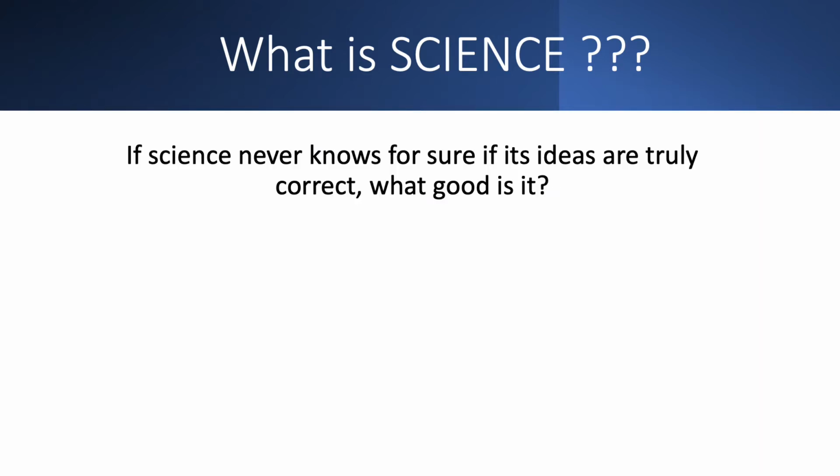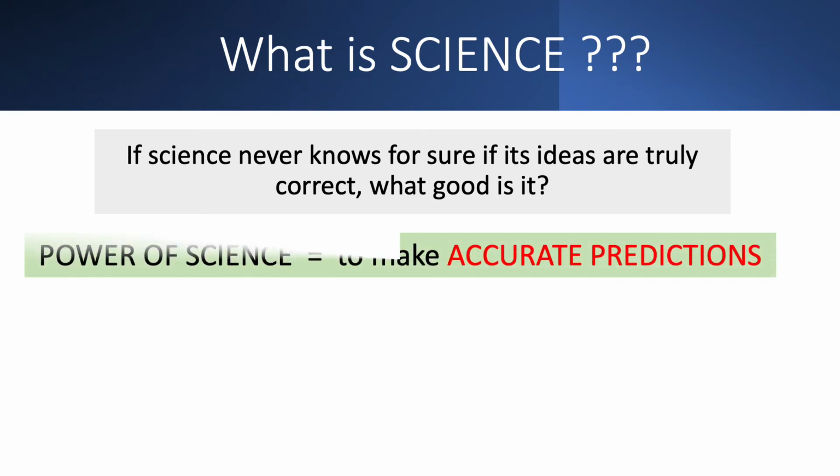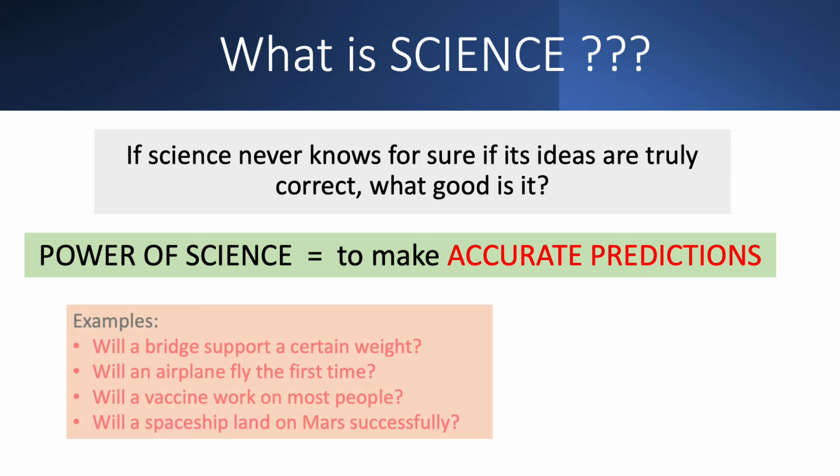So here's a good question. Science never really knows. There's no answer key. Remember, there's no owner's manual. So what good is it, you say? People say, well, it's only a theory, or scientists are just guessing. Well, true and true, basically. But here it is, right here. Boom. Make accurate predictions. Let me give you some examples of what we're talking about. Make sure you get the word accurate in there. By the way, anybody can predict, but to predict accurately is what it's all about.